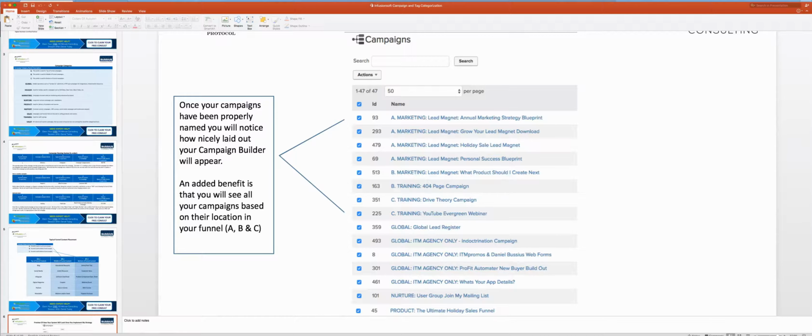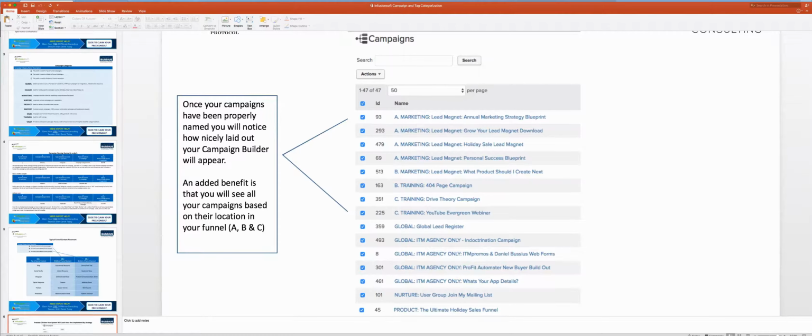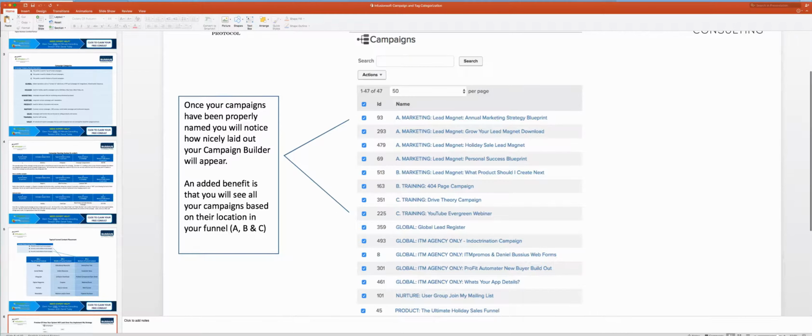And then you'll be able to see how many people are actually in there. You'll see everything throughout here of how many people are in the top of funnel, how many people are in your middle of funnel campaigns, and how many are in the bottom of funnel. And so that's pretty powerful. It's taking Infusionsoft's campaign builder and extracting the power that sits inside of those campaigns and giving it to you in an organized, visible fashion